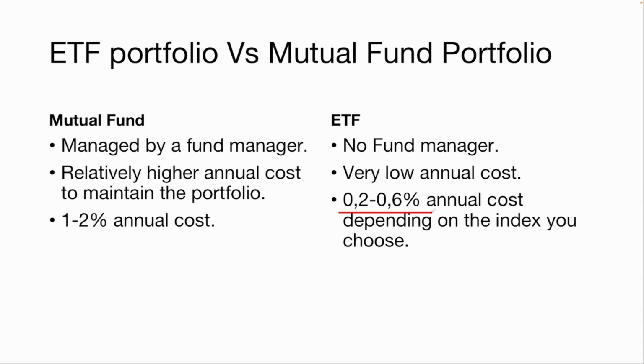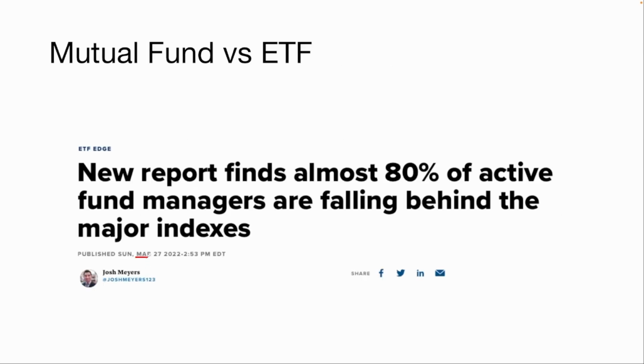In order for the mutual fund to outperform the ETFs, the mutual fund has to make a lot of buys and sells. Collectively, these should make sure that their appreciation is higher than the ETF or the index appreciation. This is really critical and really difficult in a normal atmosphere, because the mutual fund guys have to do a lot of trades, and sometimes they win, sometimes they lose, and most of the time they typically lose, which is also why mutual funds are really struggling to at least meet the performance of an ETF. So this article, dated March 2022, which is relatively new, reports that 80% of the fund managers are underperforming the index.